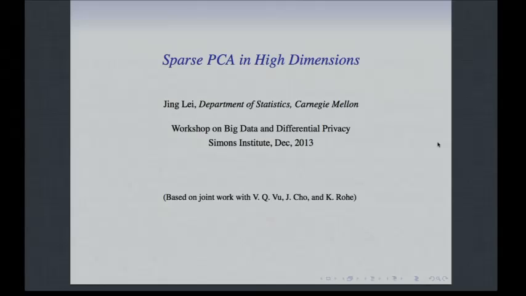So I will talk about a very cool topic in statistics and machine learning, Sparse PCA, and I will describe the structure of the problem and some exciting results, non-privately, and also I think I shall mention some connections and the way I think how this would fit into many different methods